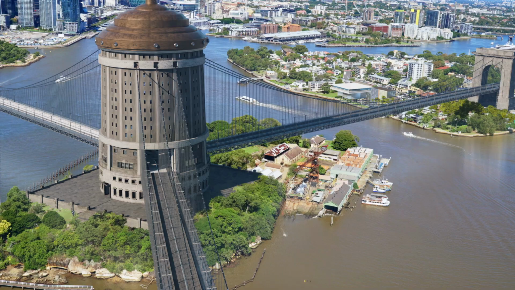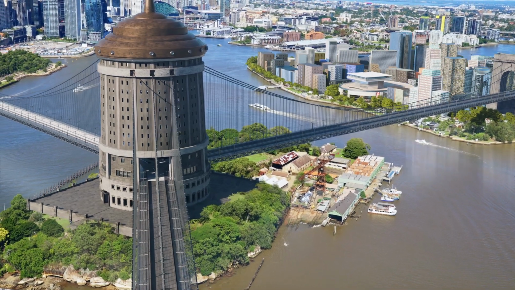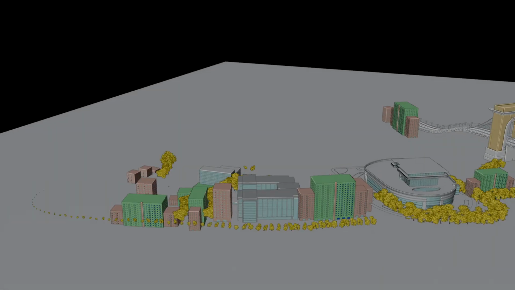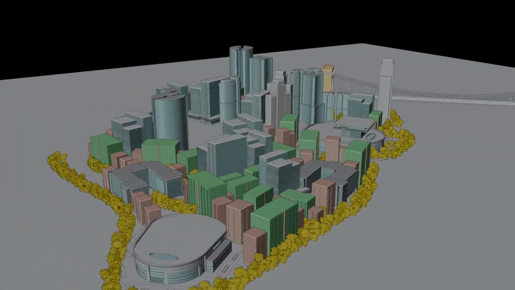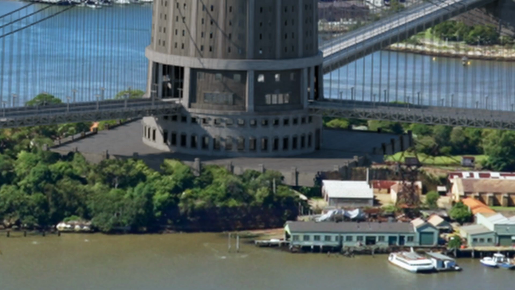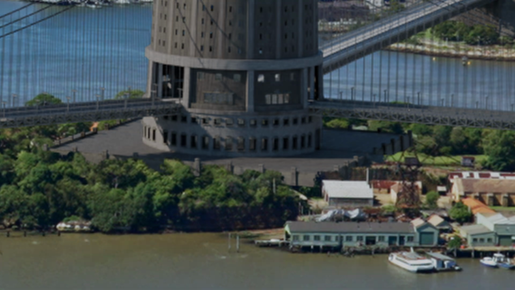For the shot of Balmain transforming into a bustling business district, the buildings were animated to appear in a sweep across the land mass, and the trees filled in the streets at the bottom. Another layer of trees was used as masks to blend the CG in with the existing environment.